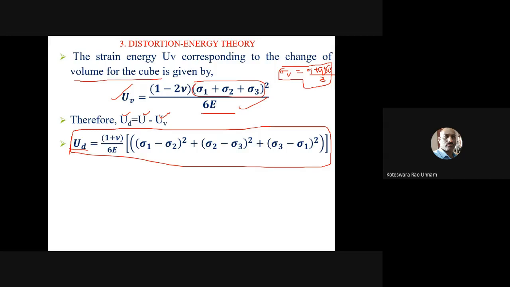So now if I want to derive the expressions for the biaxial state of stress and the uniaxial state of stress from this expression, what we need to do is, suppose for the biaxial state of stress, the only thing I need to do here is put sigma 3 equal to 0. In case of biaxial state of stress, you have only sigma 1 and sigma 2, sigma 3 is 0. So in that case, what you are going to get is U_D equal to (1 plus nu) by 6E